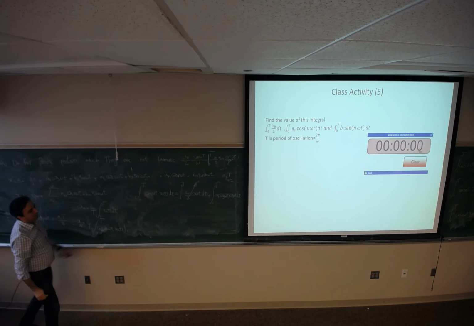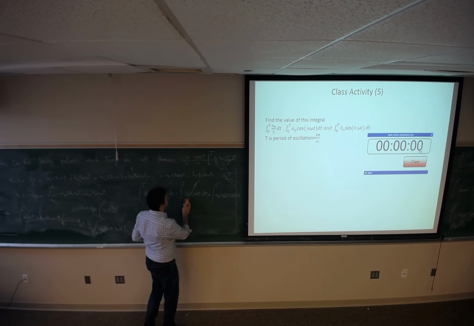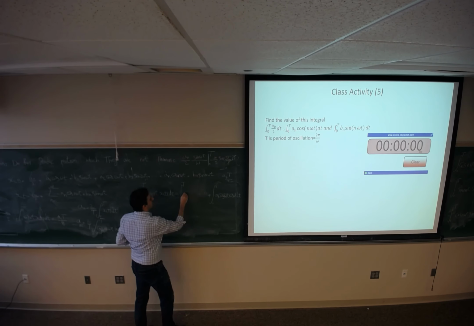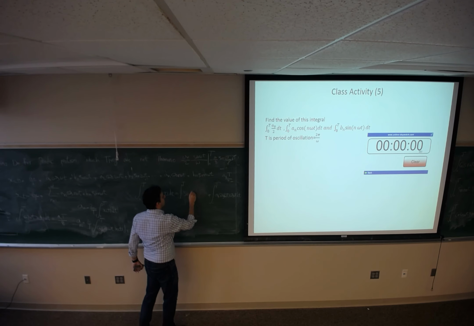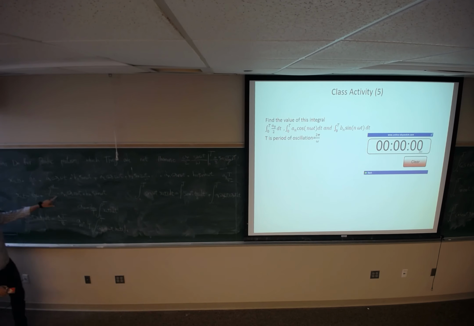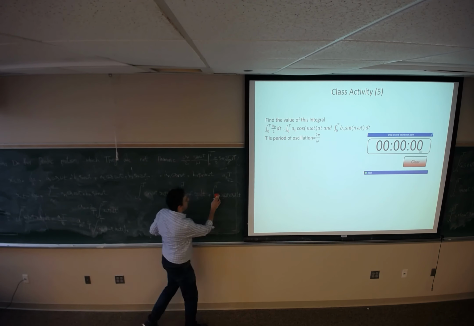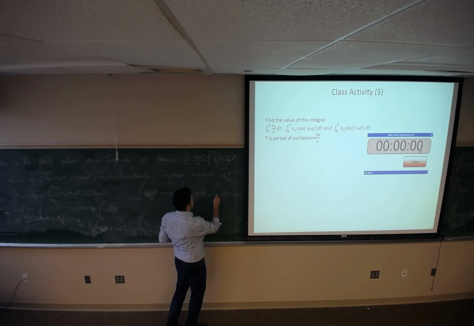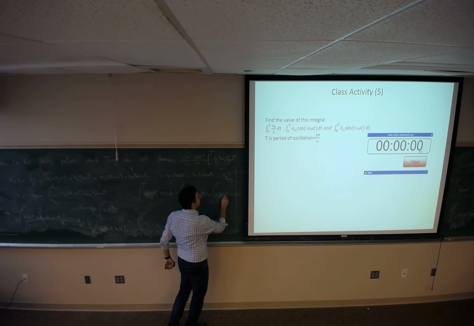I multiply both sides by sine of omega T: A naught divided by 2 times sine of omega T dt, plus A1 sine of omega T, cosine of omega T dt,